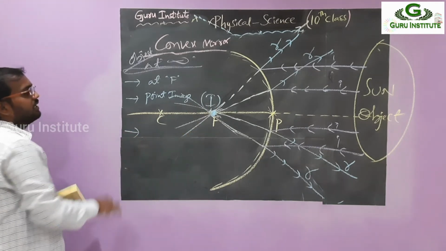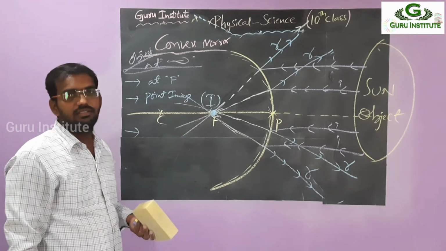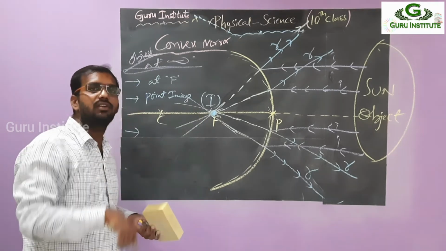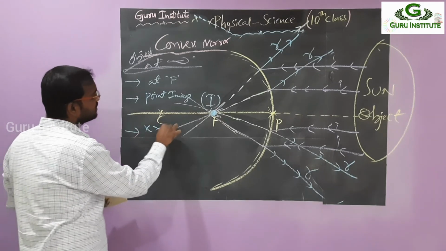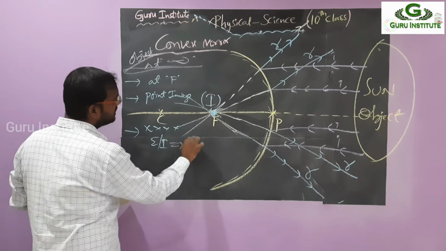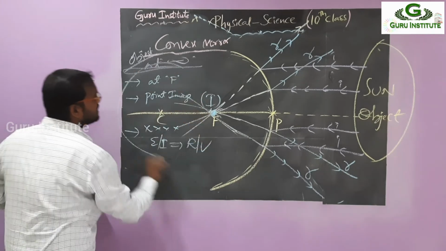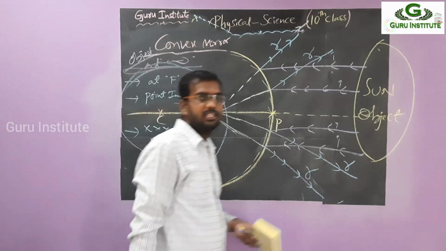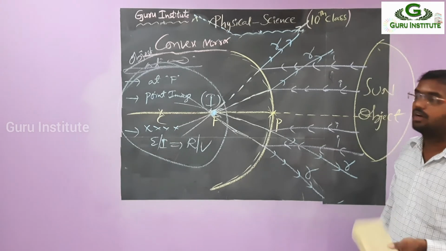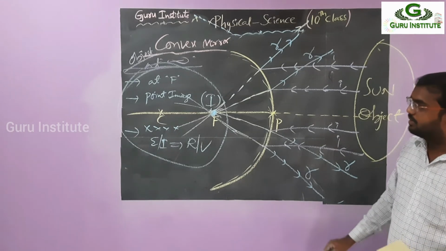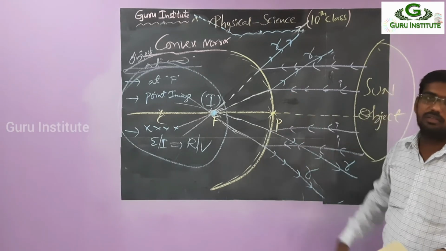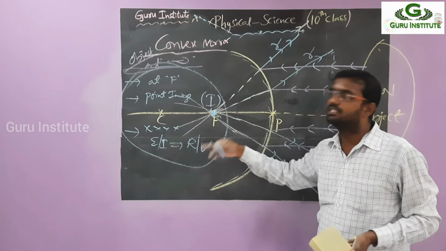What is the third one? Is it inverted or erect? In a point you cannot see whether it is inverted or erect, so we can't say that. We also can't say whether it is real or virtual. This nature is the same for both, the object at infinity case, for concave and convex. Are you clear? But if they ask exactly what the nature of the image is, for a convex mirror, it always shows a virtual image. So we can say it is virtual.